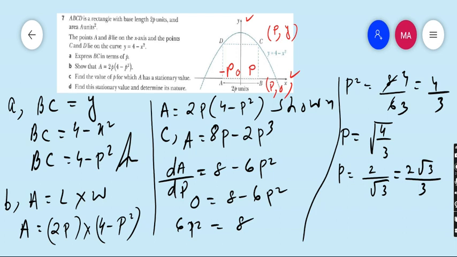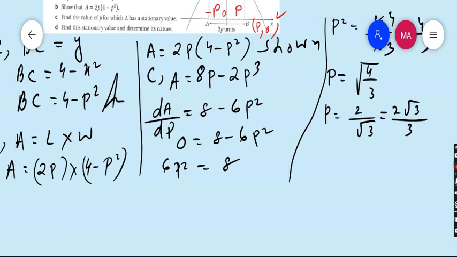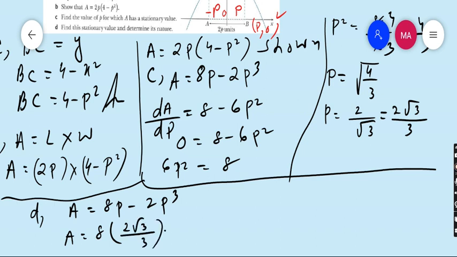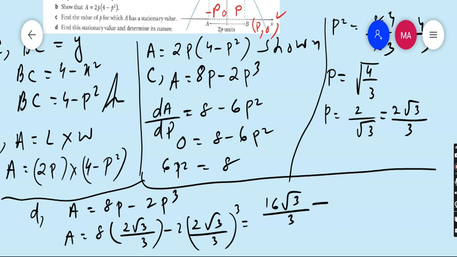What is part D? Find this stationary value and determine its nature. Very easy. First, we have to write the value of A again. A is equal to 8p minus 2p cube. For p we have found 2 root 3 upon 3, so 8 times 2 root 3 upon 3 minus 2 into 2 root 3 upon 3 cube. 8 times 2 is 16 root 3 upon 3 minus